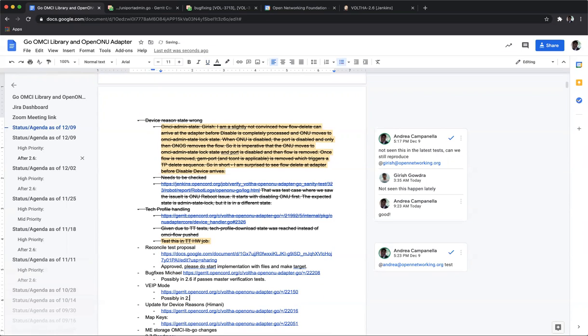Andrea, one question regarding this issue. What is the current policy of ONF regarding interoperability tests with different ONUs? Because we get from outside some mails that the system is not working with this and this ONU, but we always have to react. Is it somehow planned to have some interoperability testing, or will it be as it is that we get some notice that some of the ONUs are not working, and what is the current strategy here?